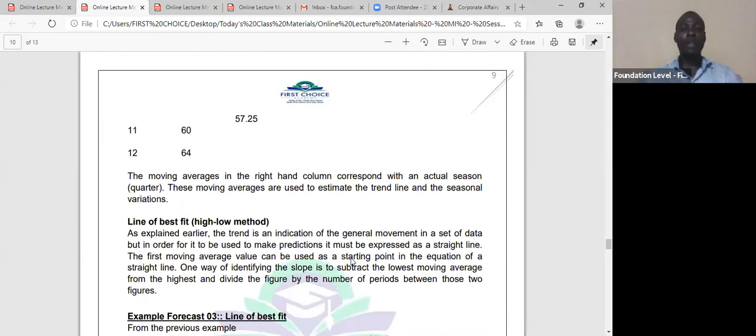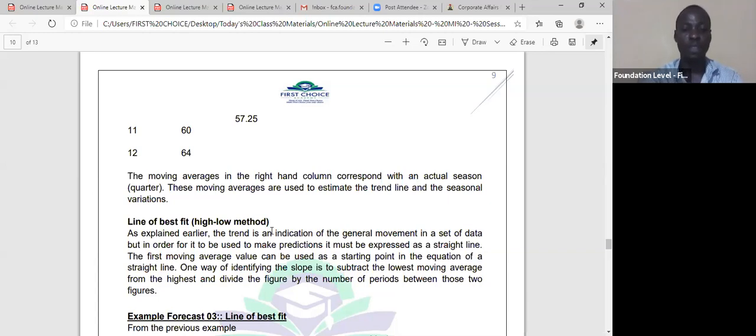Now, how do we get the line of best fit? For the line of best fit, I usually advocate the use of the high and low method, rather than that first one, where you just note that it's increasing by 2 and all that. I usually advocate using the line of best fit, high or low method. I don't know if Prof. Taiwo has taught you the high or low method, but I will teach you a form of high or low method here that will be used for